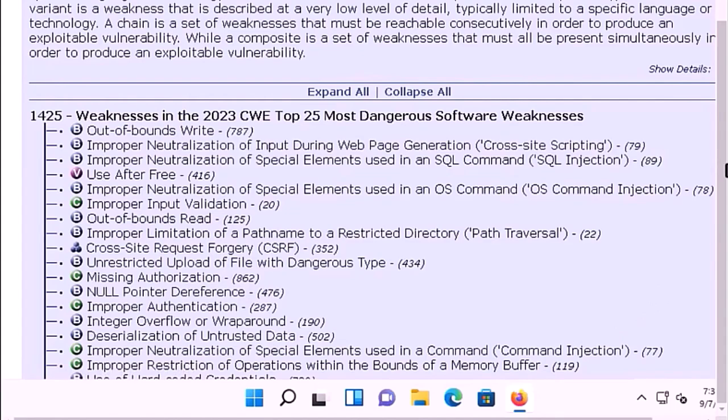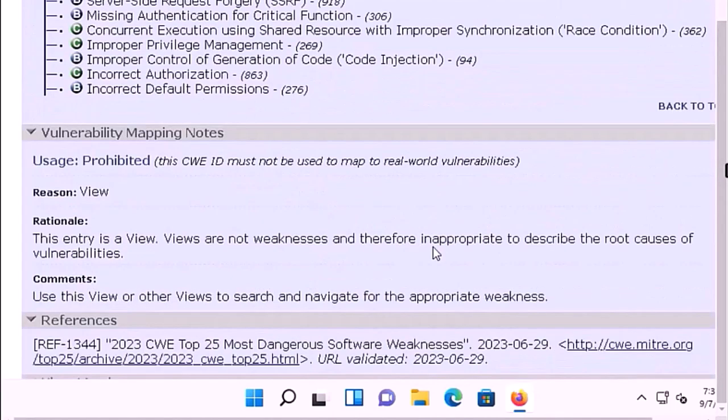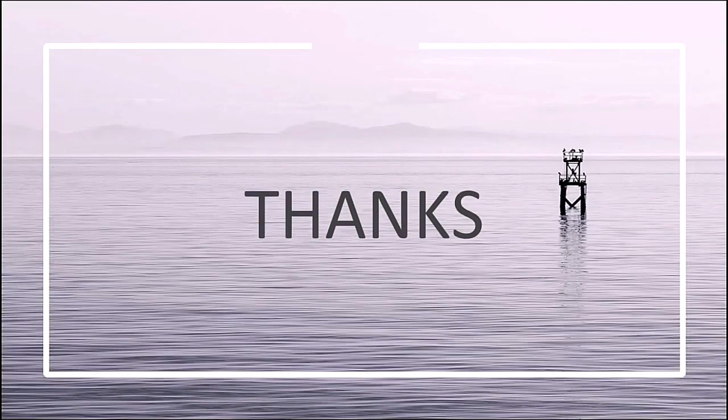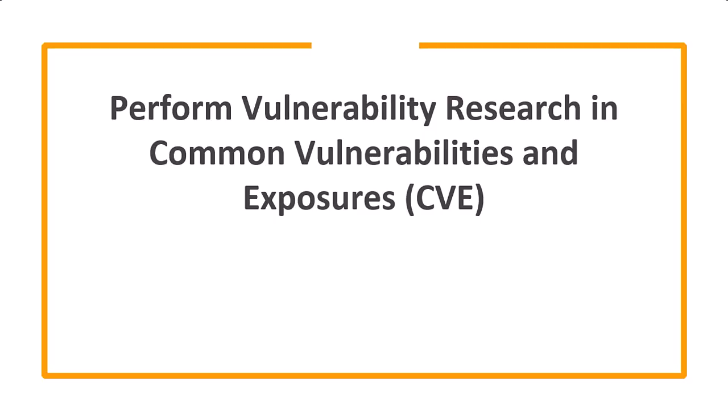So, using the CWE database, an attacker can find vulnerabilities in the services running on the target systems and further exploit them to launch attacks. In this video, we are going to see how to perform vulnerability research in the Common